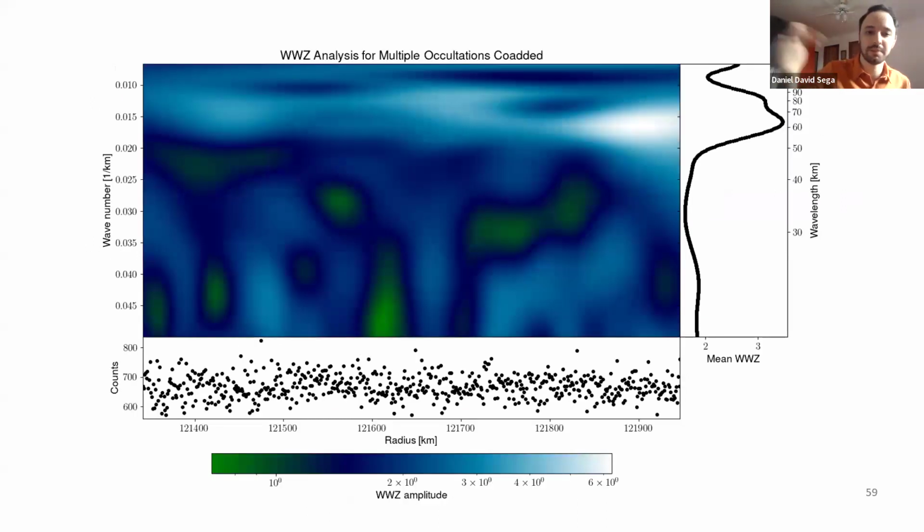And when doing this type of analysis where we're hunting for a particular frequency, this is kind of like a localized Fourier analysis. We do see that there's this peak in the frequency that we were looking for, or in the wavelength, sorry, in this case. So this is a detection in occultations, but you see, it's very hard. This is how the data looks on the bottom. It's very different from the Mimas wave, which was very clean.